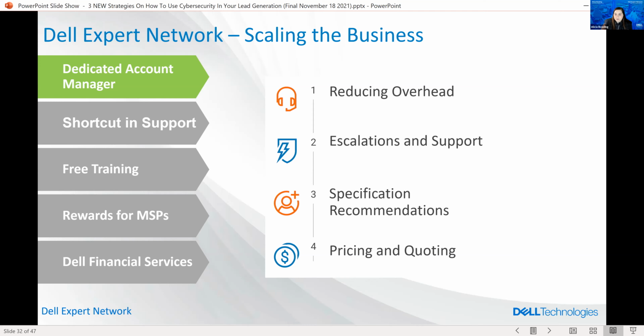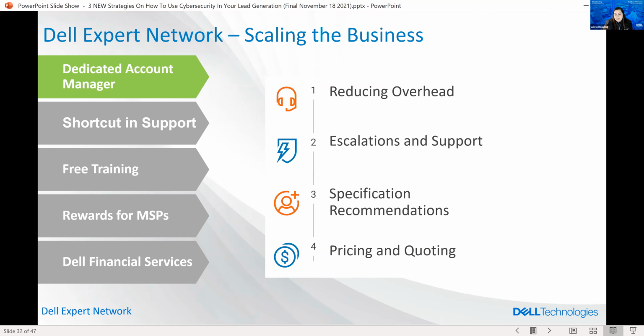Adams is based in Nashville, Tennessee. We also have account managers based out of Round Rock, Texas. So they're really going to be your biggest resource in this program because they can help you navigate the rest of the resources for your business, to see which ones mesh with your business model and which ones you can utilize for your end users. But that's really the main feedback that came out of those focus groups: the importance of having that dedicated contact at Dell to interface for your orders.